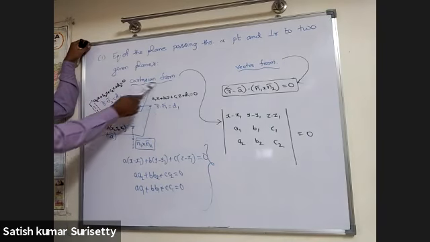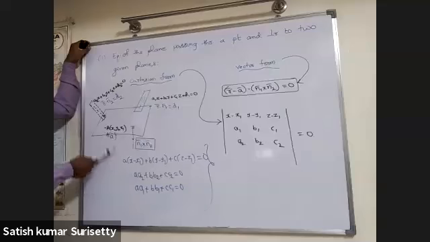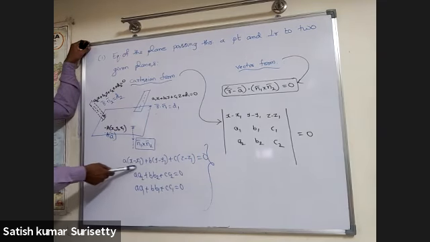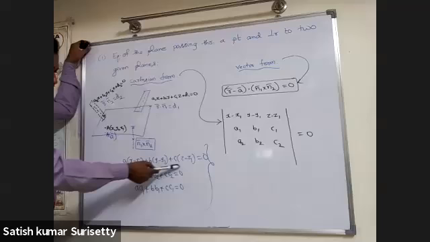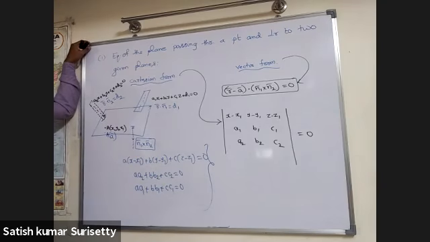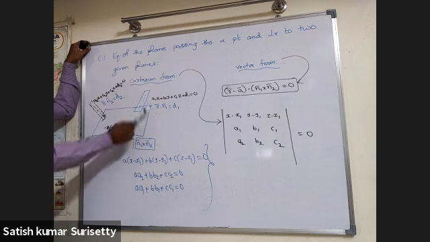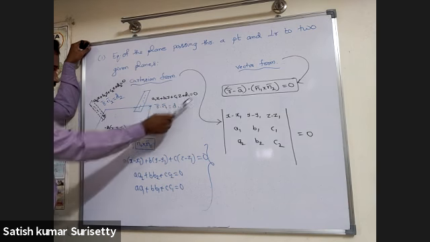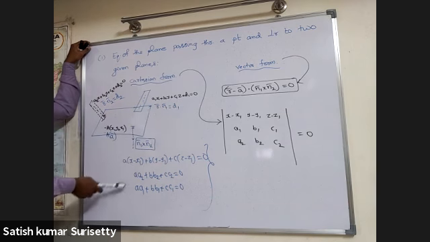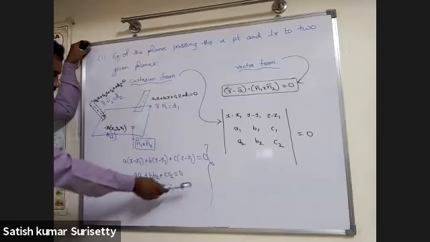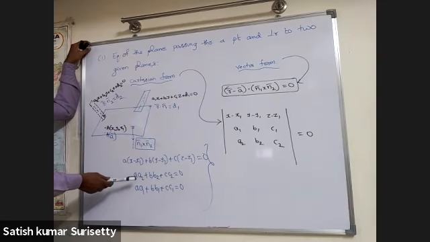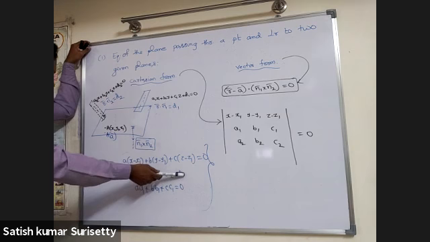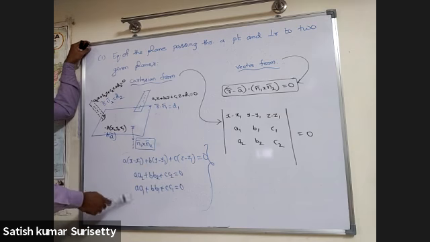Now, whereas in Cartesian form, the equation of the plane passing through a point can be taken as a(x minus x1) plus b(y minus y1) plus c(z minus z1) equal to 0, and this plane is perpendicular to a1x plus b1y plus c1z plus d1 equal to 0. So the condition for perpendicularity is aa1 plus bb1 plus cc1 equal to 0. In the same manner, aa2 plus bb2 plus cc2 equal to 0. So by solving these two equations, we'll get the proportion for a, b, c and substitute back.